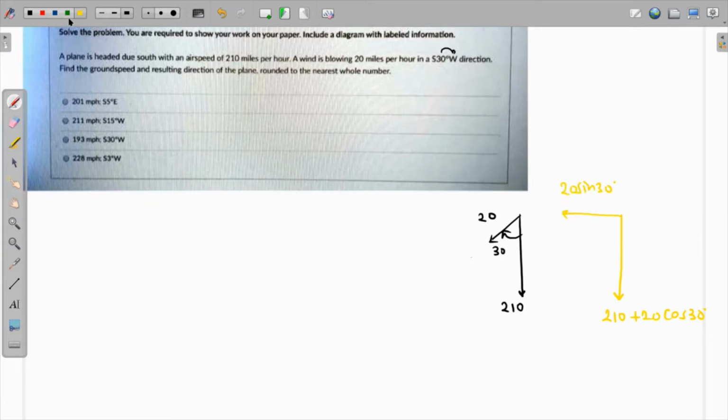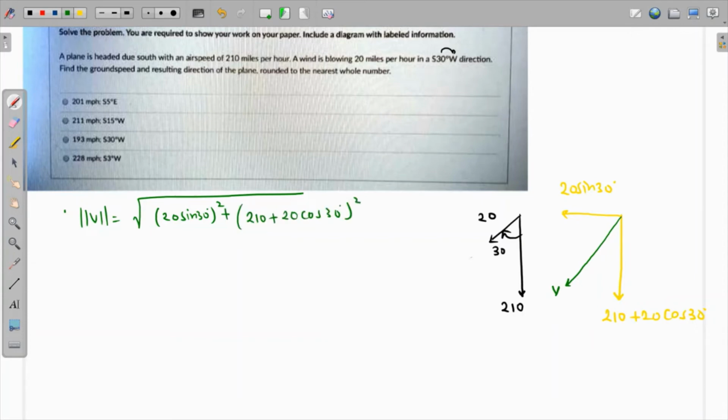And since we need to find the resultant of these two vectors, which is, let's say, somewhere over here, and since the two vectors are at 90 degrees, definitely their resultant will be found using the Pythagoras theorem. So the resultant is going to be the square root of x component square, which is (20 sine 30 degrees) square, plus y component square, which is (210 plus 20 cosine of 30 degrees) whole square. So that is going to be (20 sine 30) square. I'm just using my calculator, plus (210 plus 20 cosine of 30) square, and the square root of this value is